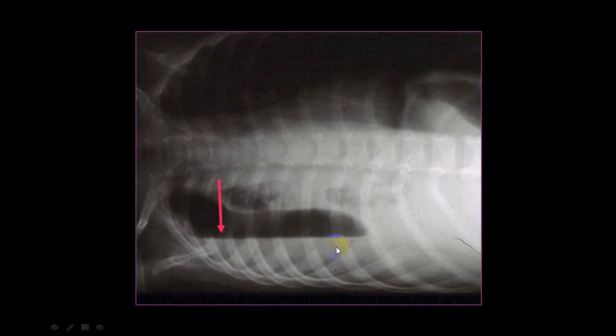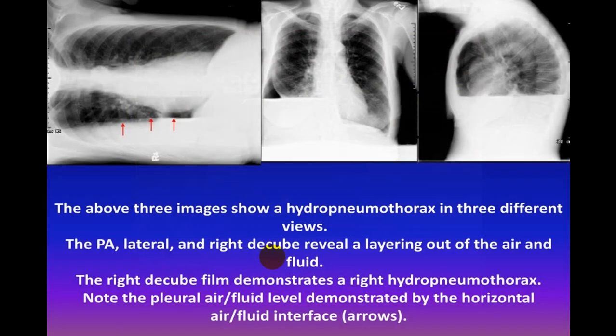And to identify that, now if I take a right lateral, you can see this is an opacity, which is because of fluid. This is air, this is the border of the lung. Clear? So this is air, pneumo, hydropneumothorax. The fluid may be pure water, maybe exudate, maybe blood, but the common term we utilize is hydropneumothorax.